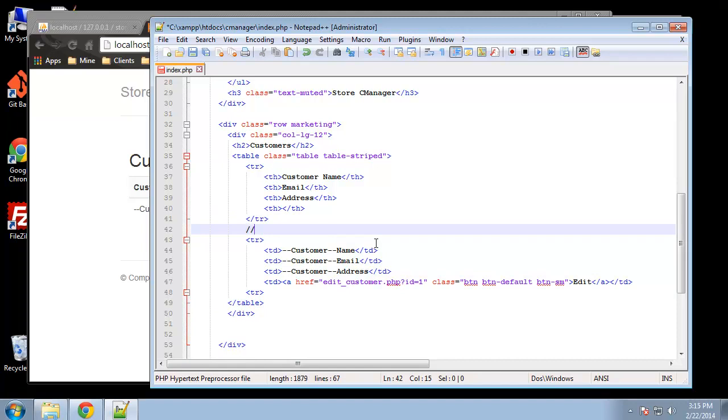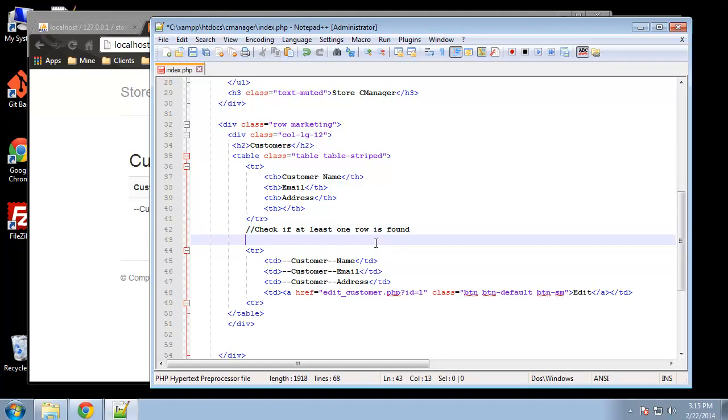And the first thing we want to do is check if at least one row is found, because we don't want the loop to run if there's no customers. All right, so we're going to just use a simple if statement. We need our PHP tags. We're going to say if